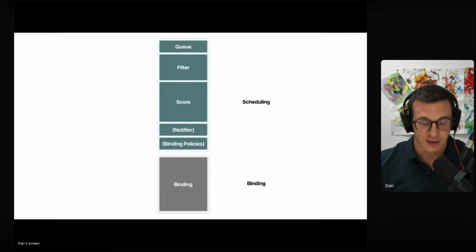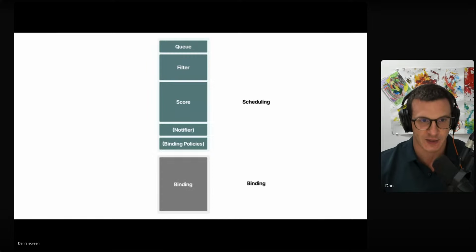Now, the scheduler is quite complex, quite an interesting piece of technology, but generally the way you should think about it is that the scheduler needs to identify where these pods are placed inside the infrastructure, so it will need to go through 2 phases.